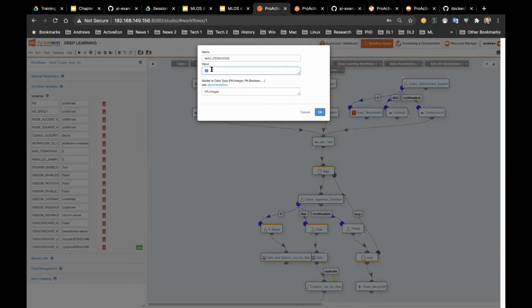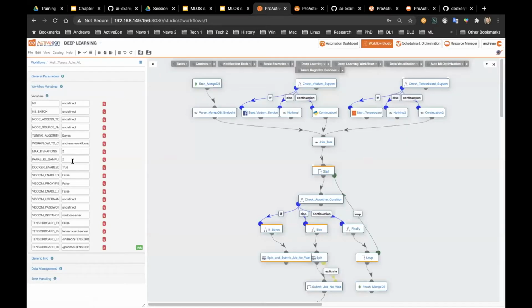Because we have only 4 choices and a number of iterations much higher than the search space definition. So the number of max iterations depends on the complexity of the search space. So let's put 2,